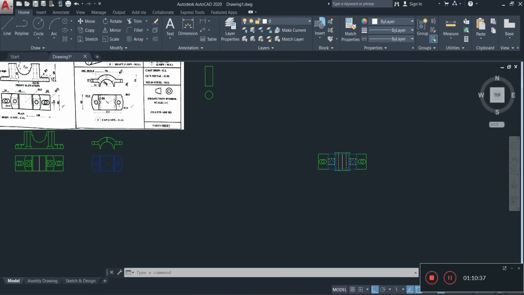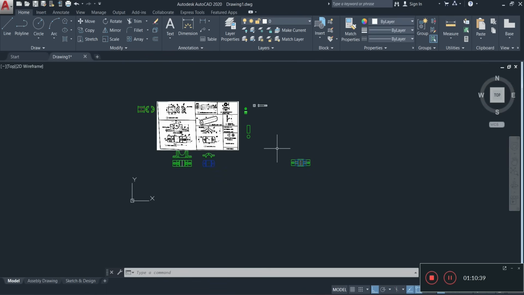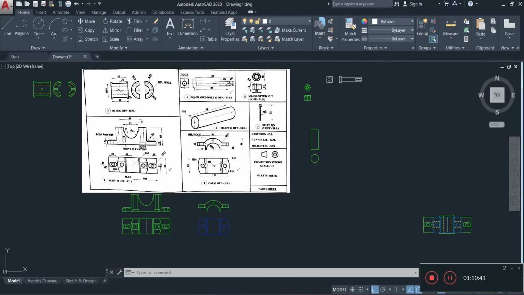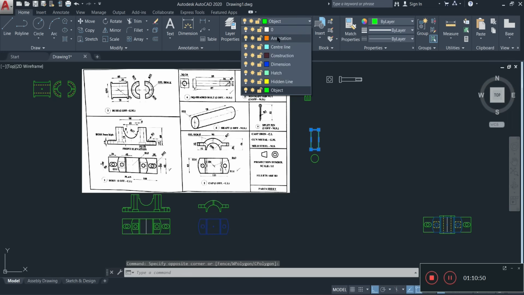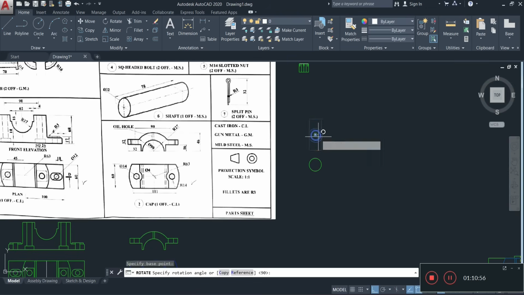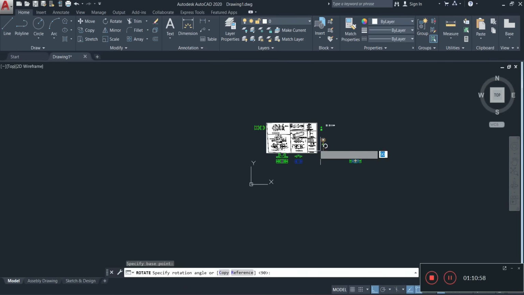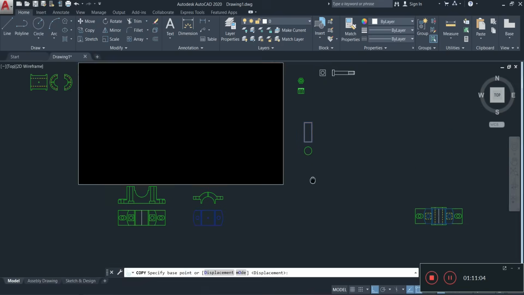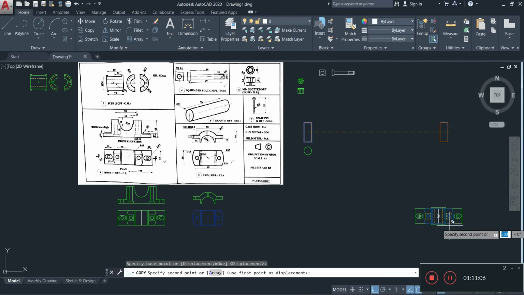Alright. Now, once we have that in place, now remember, the shaft is going directly in the center of it, between the bushings and everything. So we're going to grab onto our shaft here. Let's change the color of our shaft so we can see what it will look like inside there. So let's copy it. Let's grab it in the center of this object and let's place it